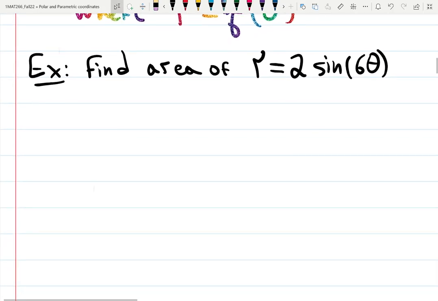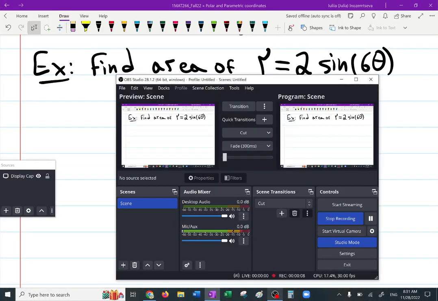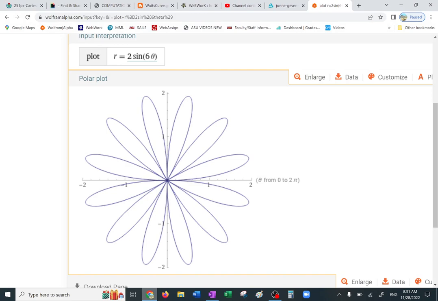Find the area of this object. So if I use Wolfram Alpha, I'm getting the rose, and I can take a screenshot of it. They ask me to find the area, but do they want the whole thing or just one piece of it? It seems like they want the whole thing. If they want the whole thing, that means we can find one and multiply it by the number of